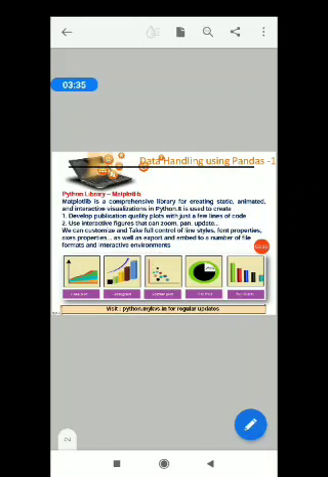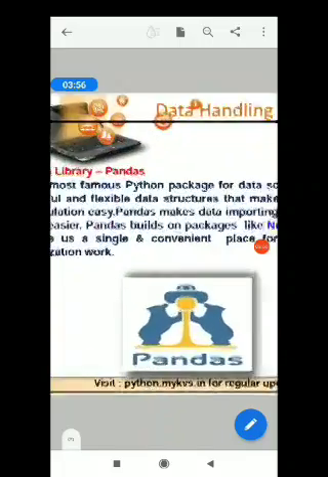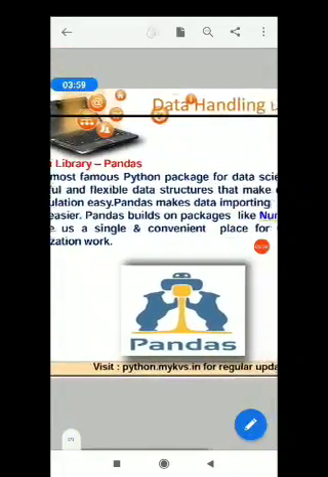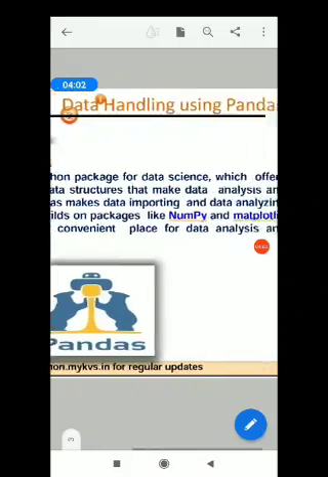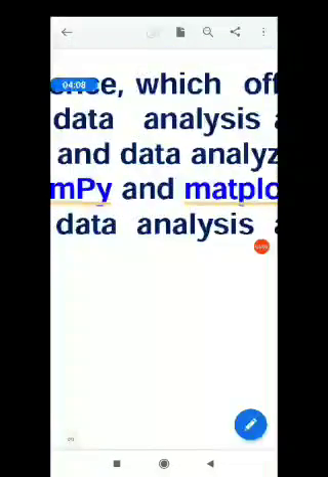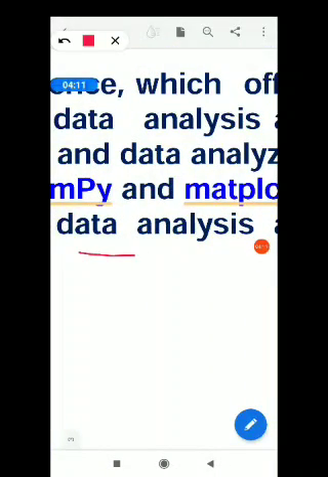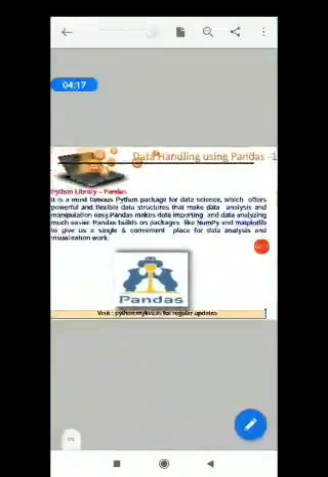It is not a must that you use the mobile phone. You may do the practicals in your screen editor also, but you have to send me the screenshots every time, so that I can understand that you are going through the practical properly. Now the second library is pandas. This is actually a data building package or data analysis package. Besides pandas, you must have numpy. Pandas is used basically for data analysis. Please note down, this is used for data analysis. Numpy is also used for data analysis.